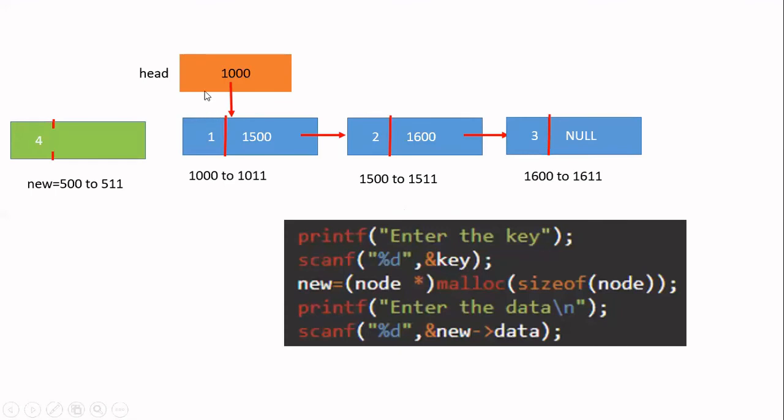If your nodes are having values 10, 20, 30, I will say insert after 10 or insert after 20 or insert after 30. I will tell the value of the node. That is called insert in the middle. Now let us see how to perform this one. First, understand the diagram. So this is the linked list already existing. I want to add this green color node 4. Now I will tell you where I want to add.